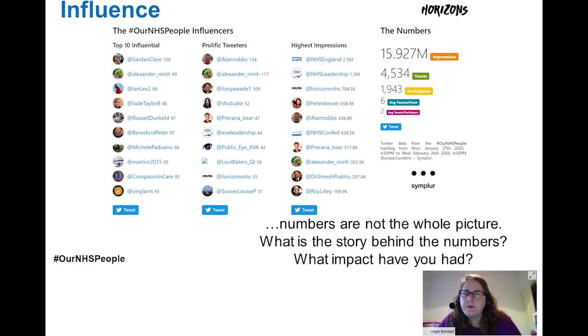And so we have a column on the right, the highest impressions, again, to be taken with a pinch of salt, because of course you get the mathematics. NHS England is at the top, and they probably have the most followers, so the maths of who's going to be seeing their tweets is going to be more than somebody else. And prolific tweeters, this is something that can be gamified, because of course anybody can sit and send lots and lots of tweets with the hashtag. So while that's useful to see who's most engaged with your topic, it's not necessarily